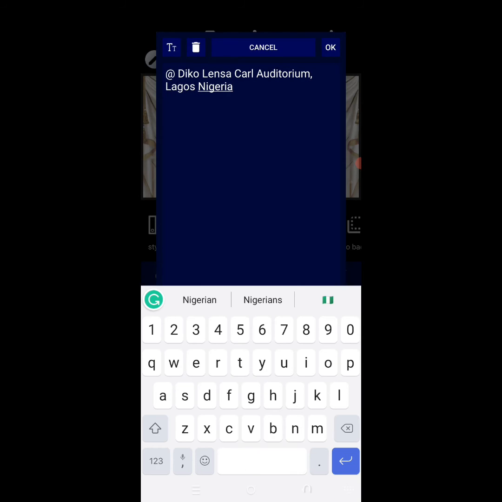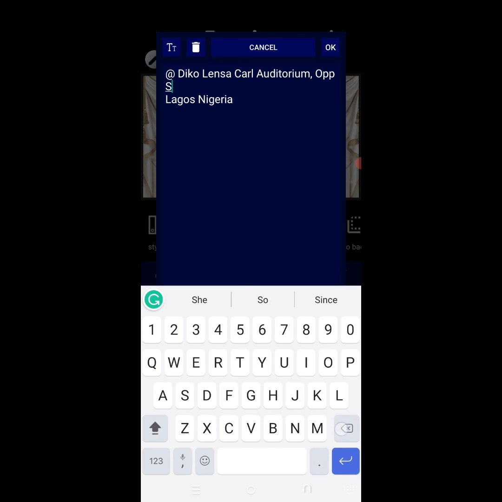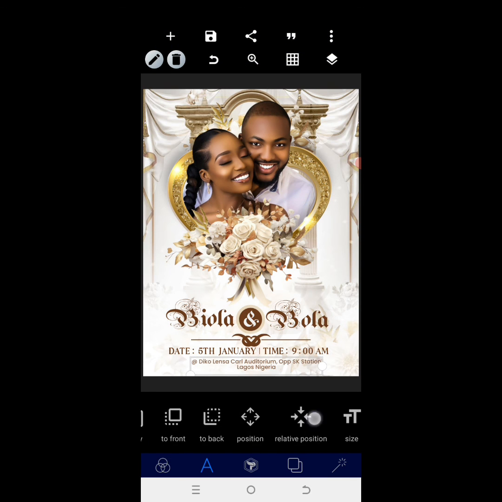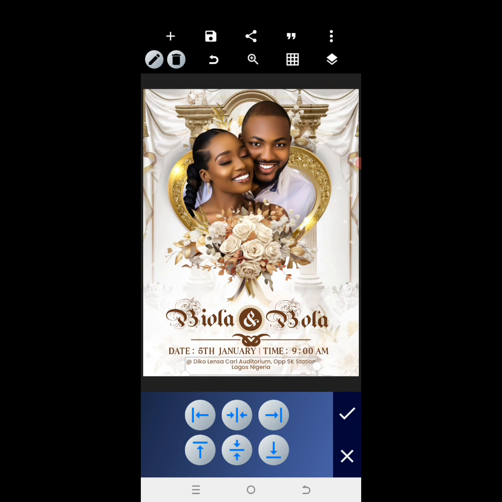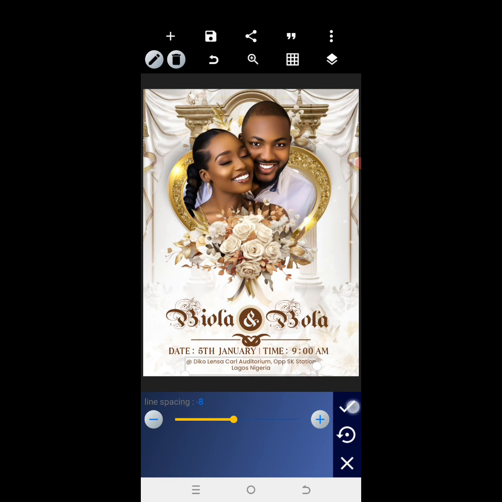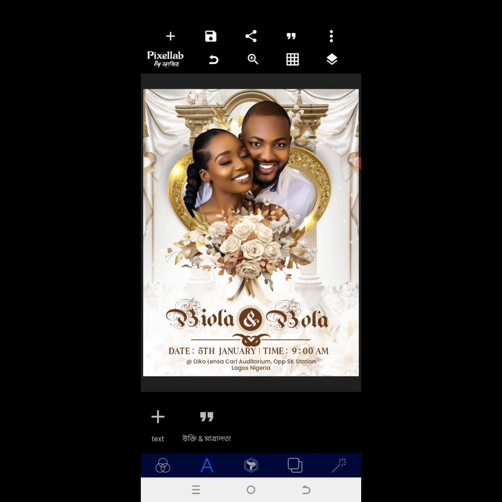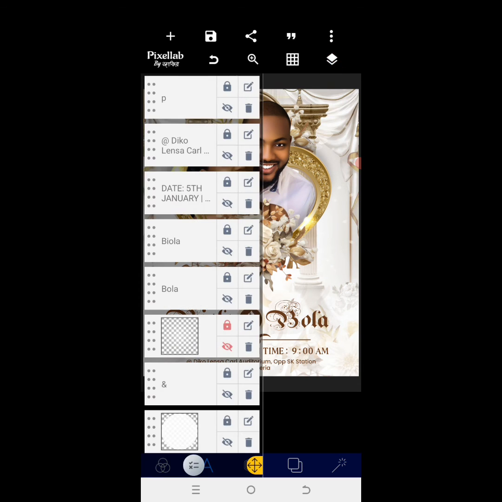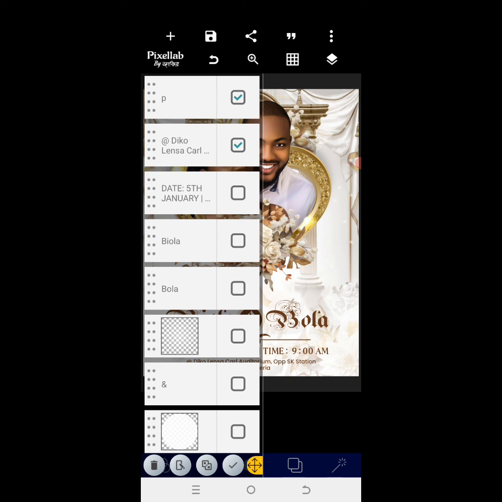So let me say auditorium opposite Sake, opposite Sake station. Okay, so when you look at that, I'm able to make it look real again. So then there should be a little space in between this. Now what we're going to do to make everything look awesome, I'm going to merge everything together. Just merge